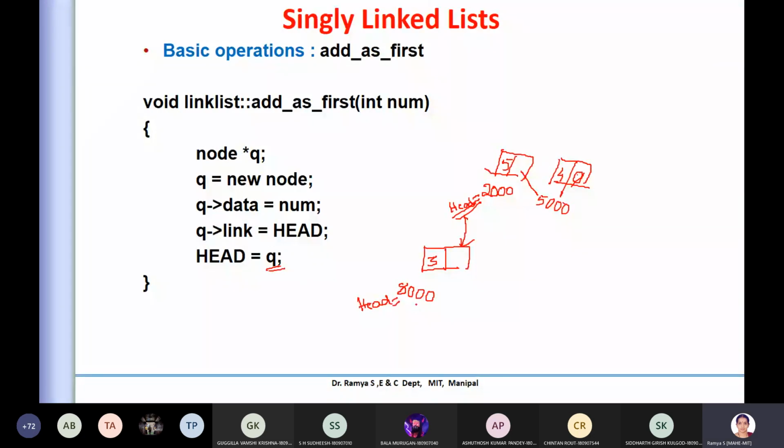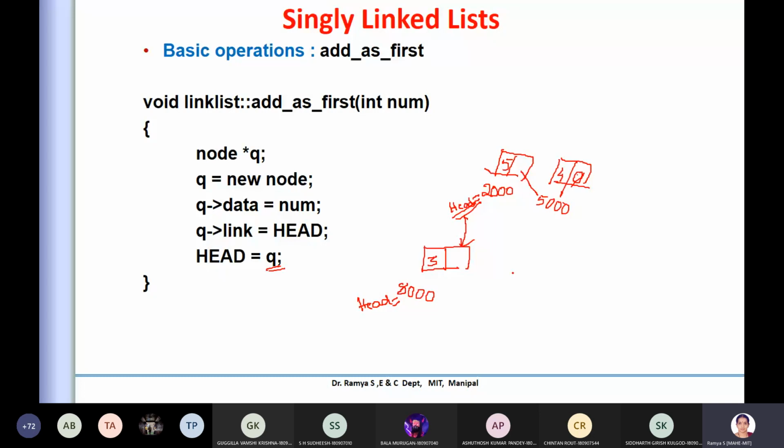So at the beginning I have added to this list. So how it is working: this is the first node, and the next address, 2000, is stored here. When you travel to the second node, that is 5, the data will be 5, and the address is here, and from here it can go to this particular node and get the value of data, or it is the end of the list, because it's null here. I hope it is clear for you. So this is how you do the insertion.